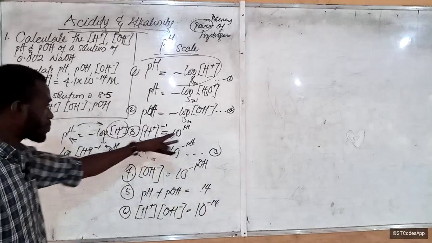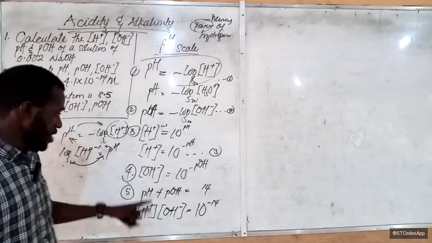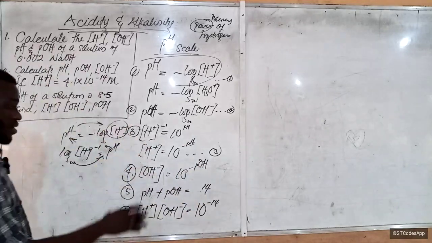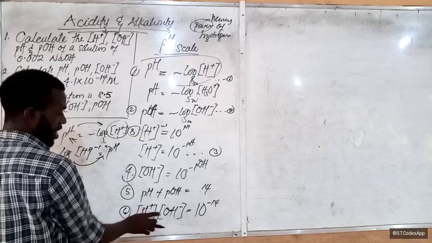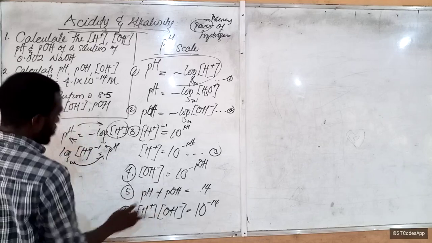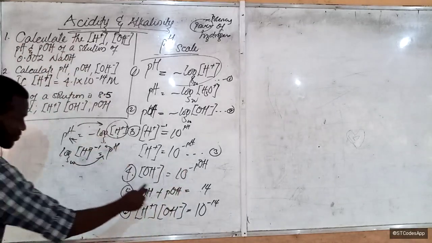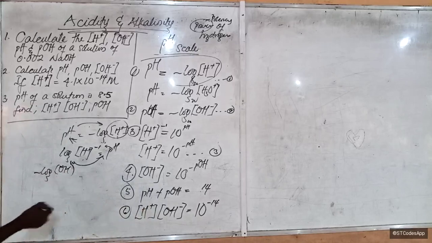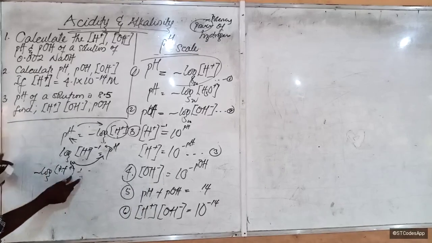Because the concentration of this is 10 raised to the power minus pH, and the concentration of this is 10 raised to the power minus pOH. Now, if you use the knowledge of logarithm that we already had before, multiplication of these becomes addition. This equation came from, if you go back to the logarithm video, minus log concentration of OH minus, and minus log concentration of H plus. So, if you multiply these values,